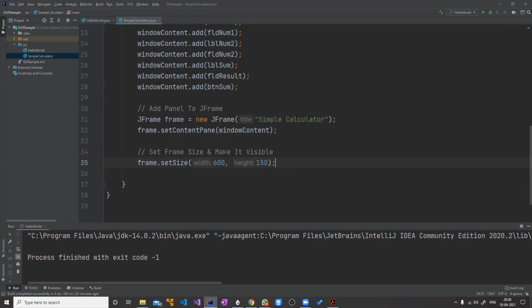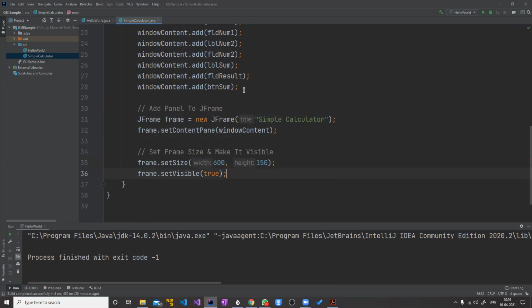Let it be 1/5. Height is 1/5 of the width. And now frame should be visible. Frame dot set visible equal to true. Done.